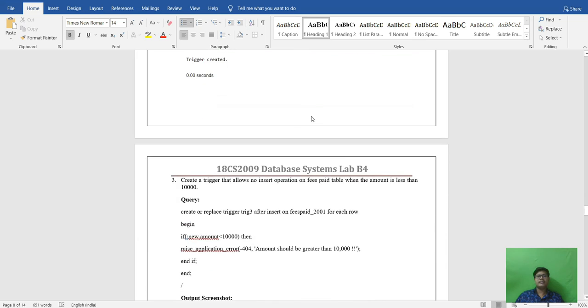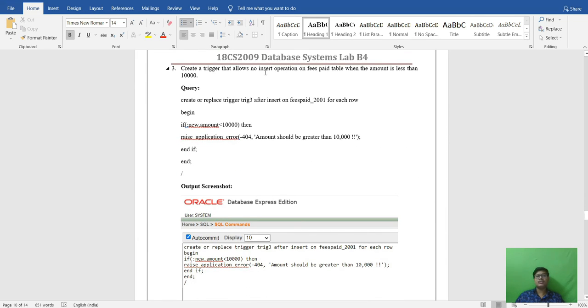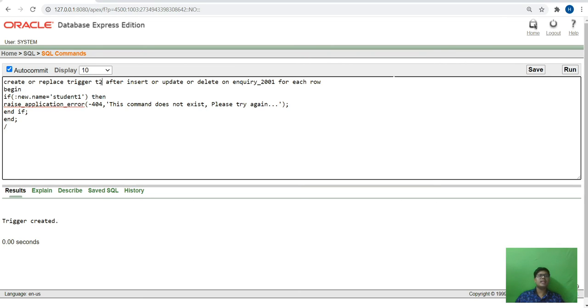Moving to the third question, that is create a trigger that allows no insert operation on fees paid table when the amount is less than 10,000. Okay, so here we will create one trigger 3. After insert only in fees paid table, for each row it will go, and the amount should be greater than 10,000.